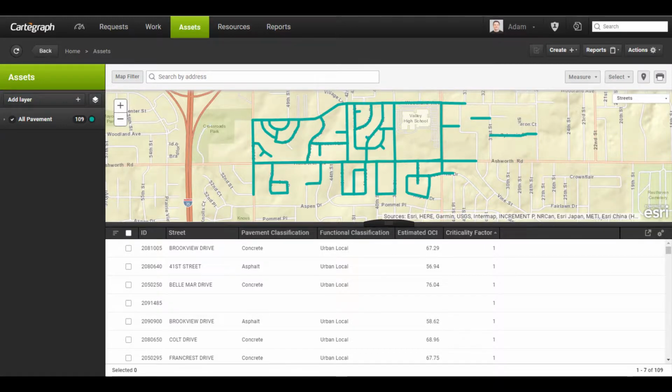So now I'm sitting on my asset screen with my pavement layer selected. As you can see, I have my criticality factor displayed. With everything set to 1, there are 3 ways that you can go about changing this. First, you can go into each record and edit its value. Second, you could run an import. So you could export out all of your segments and manipulate the criticality factor in that column and then re-import over top. Finally, and maybe this is a more reasonable way to do it, is if you already have it